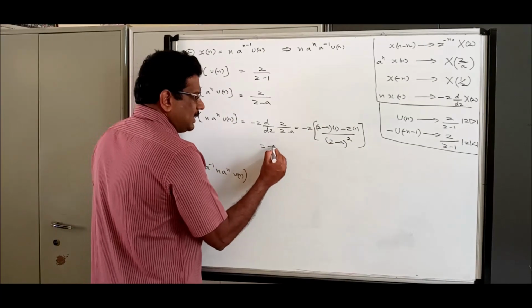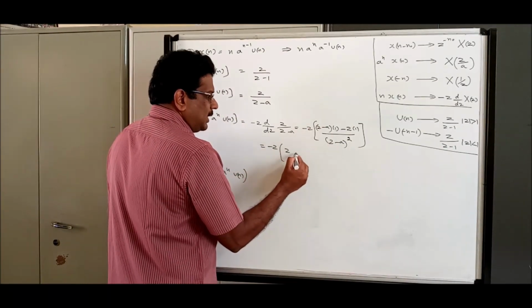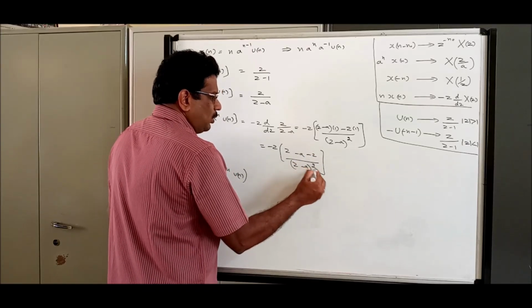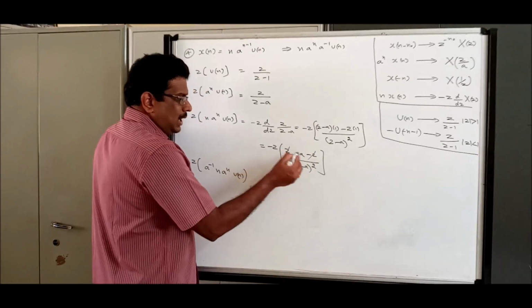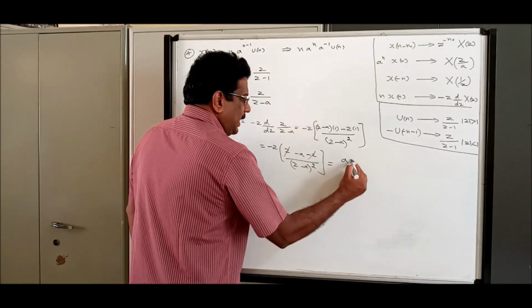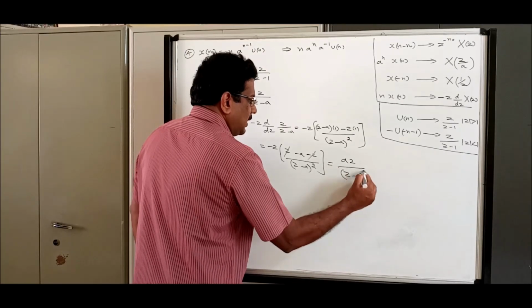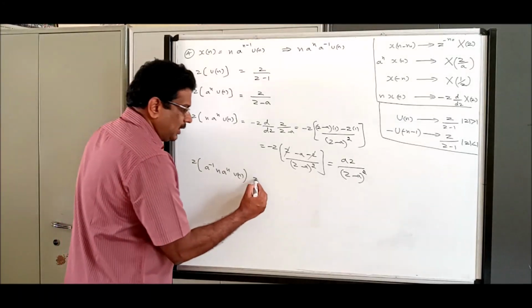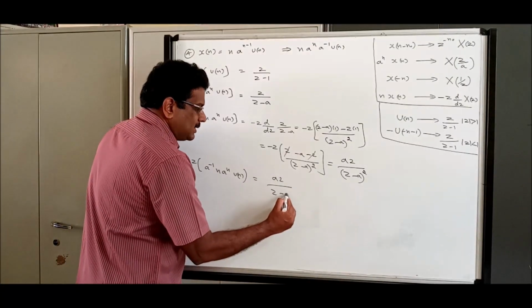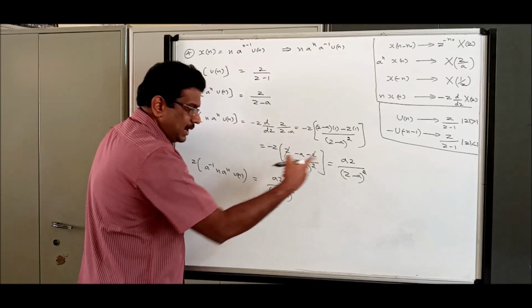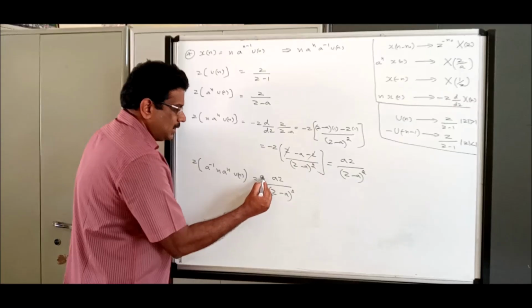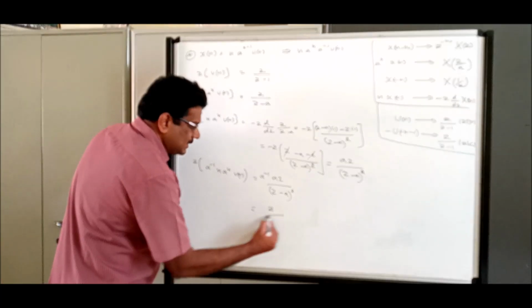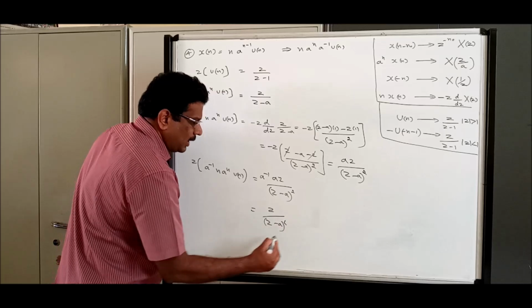Now if you break this, minus Z, if you multiply, Z minus A minus Z divided by Z minus A the whole square. Z minus Z cancels, and if you multiply inside, minus becomes plus, so AZ divided by Z minus A the whole square. Now the last step, multiply by the constant A inverse. So AZ divided by Z minus A whole square, with the extra constant A inverse, that is nothing but linearity. So A inverse and A cancel, giving Z by Z minus A the whole square.